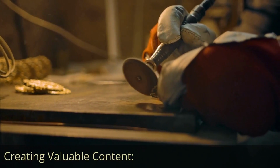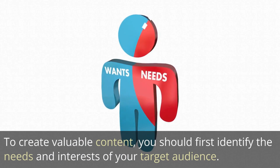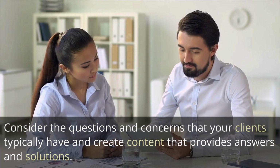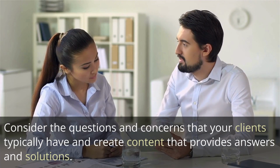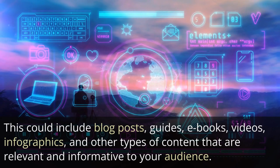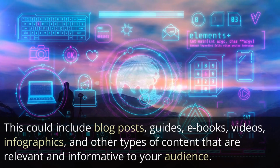Creating valuable content. To create valuable content, you should first identify the needs and interests of your target audience. Consider the questions and concerns that your clients typically have and create content that provides answers and solutions. This could include blog posts, guides, e-books, videos, infographics, and other types of content that are relevant and informative to